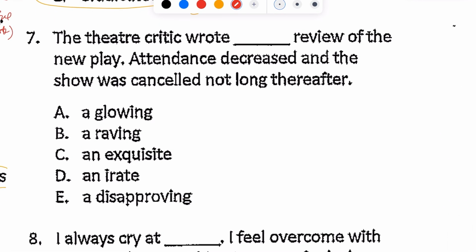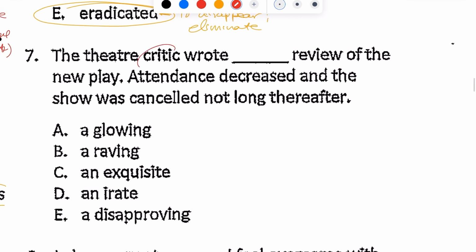Next, for number 7, the theater critic wrote blank review of the new play. Attendance decreased, and the show was canceled not long thereafter. All right, so a critic criticizes or reviews